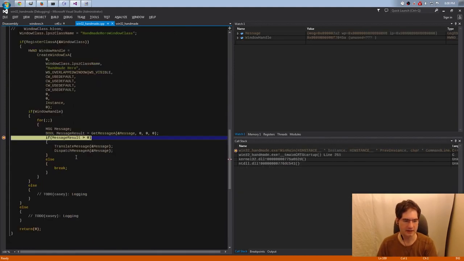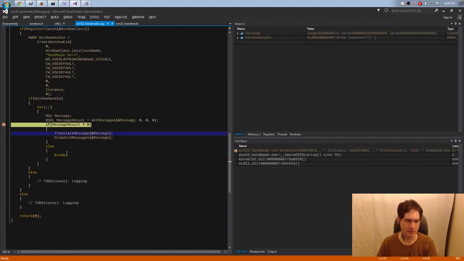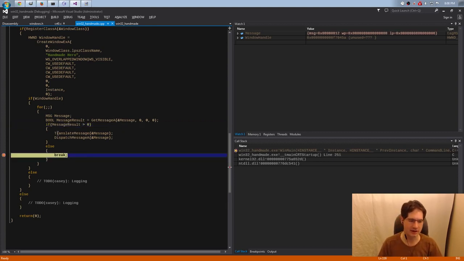And what we will find is that eventually we will actually get that WM_QUIT message, so this message result will come back as false eventually. Now remember, there's other messages in this queue, so it won't come back right away, but after a while, when we hit F5, we will get into a situation that message result is in fact false or 0, and we hit our break. Break breaks us out of the infinite for loop, which is this guy right here,